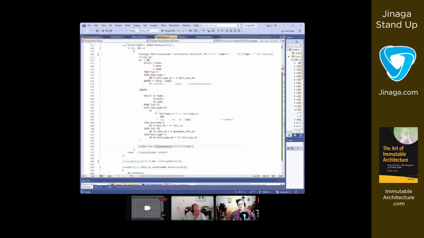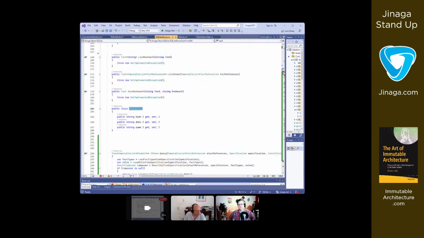Wait, what was that? That was here, and then I defined this fact from DB type, which is just the hash data. Yeah, so it's looking for those specific column names, which in the case of load, since load is flattening the ancestor table, those are all the columns that you'll get out.